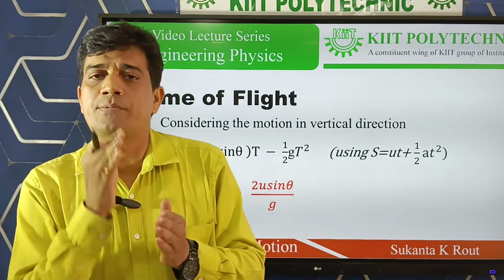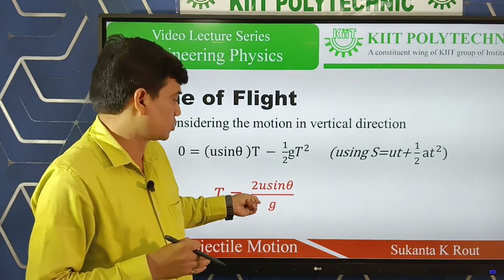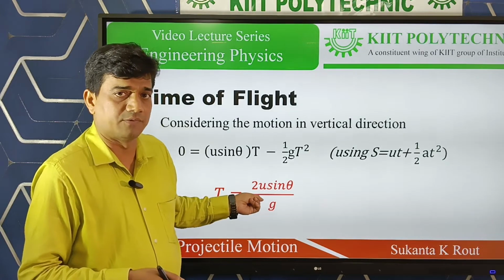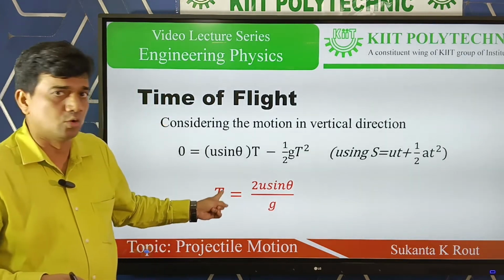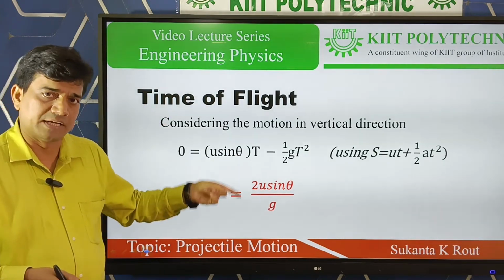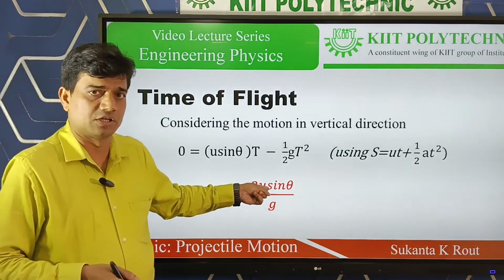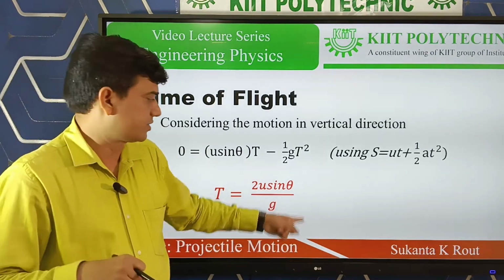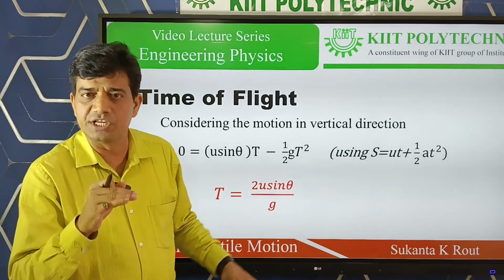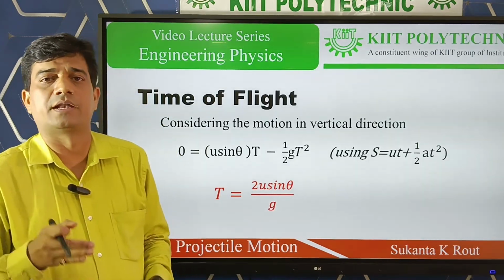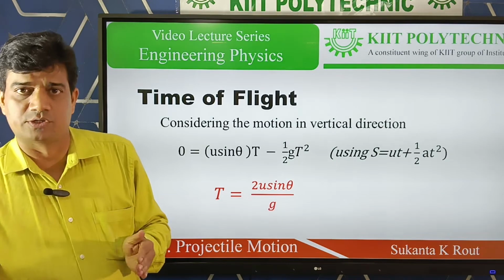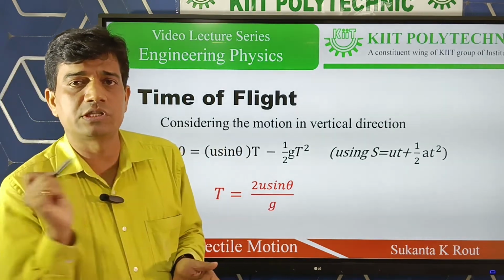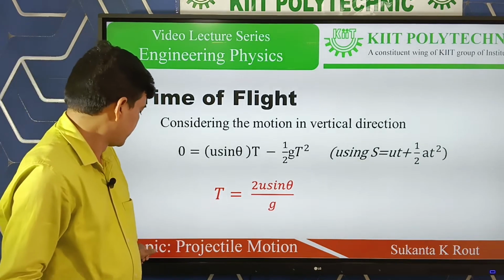Dear students, you have to remember this expression in order to solve some of the problems in the next lecture. So the total time of flight t equals 2u sin theta by g. Here you already know u is the initial velocity with which the projectile was fired, and theta is the angle with which the projectile was fired, making an angle with horizontal. That is very important, because I have taken the projectile at an angle with horizontal direction. Clear? So next,